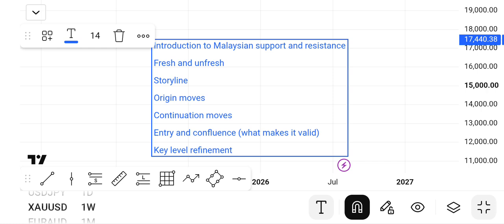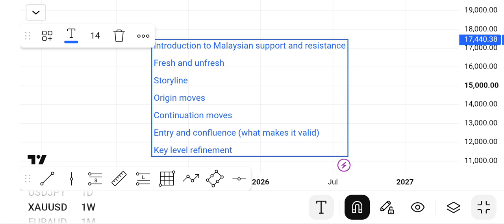I would like to say that first of all, this is not SLK. SLK is structural liquidity key level. So in the Malaysian SNR strategy, we don't look out for liquidity. But why I'm saying this is that while learning the strategy, I had, initially, because there are so many videos on YouTube out there,